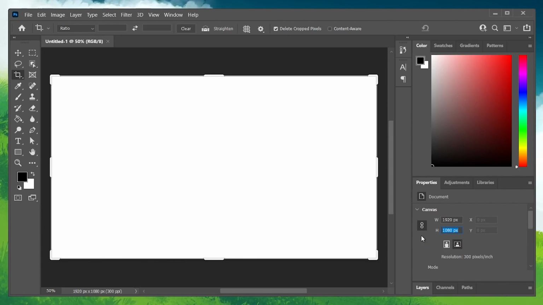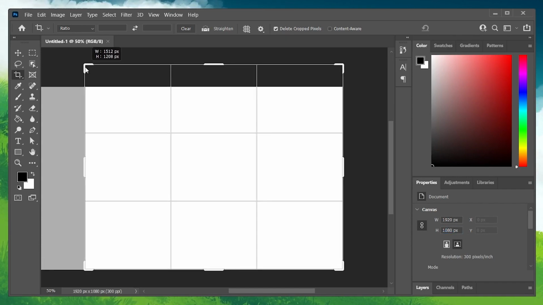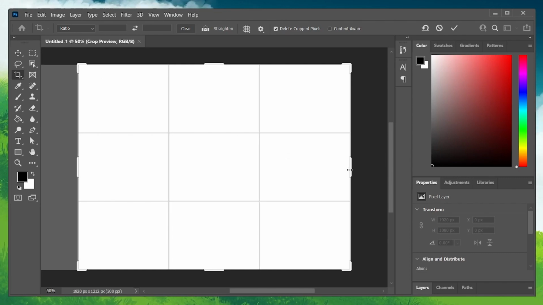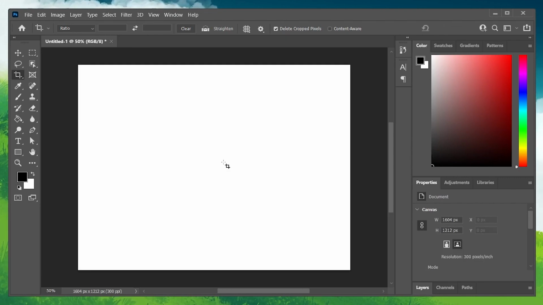If this is not feasible for you, you can select the Crop tool from the list of tools available on the left side of the window. After selecting the Crop tool, you can freely change the canvas size to your liking. Hit Enter when done. If you need more options to change the canvas size, click on Image in your toolbar